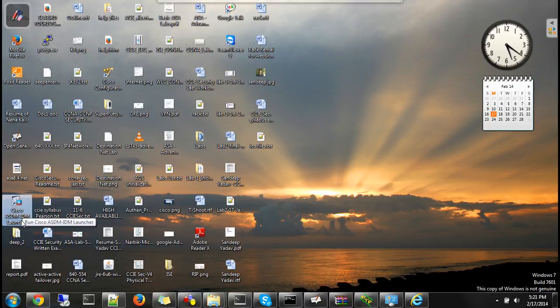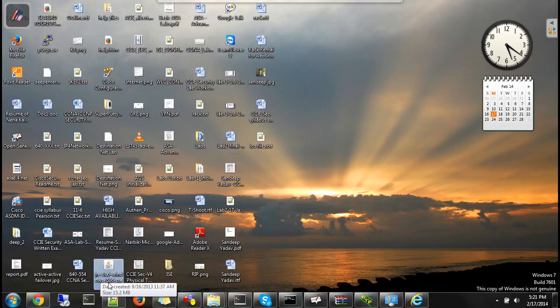You will get this desktop icon. Okay, you will get this desktop icon which says Cisco ASDM-IDM Launcher. Fine. Then apart from this, you need to run this JRE 6 update 6 Windows i586. So you need to run this version of Java. You need to install this also. Once these two things are done, okay, come and click on this icon.